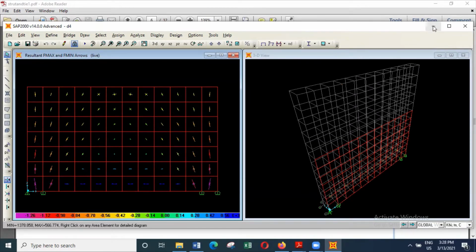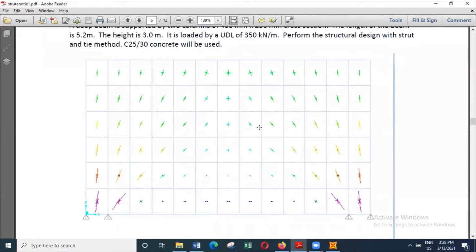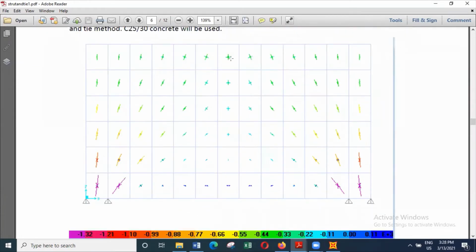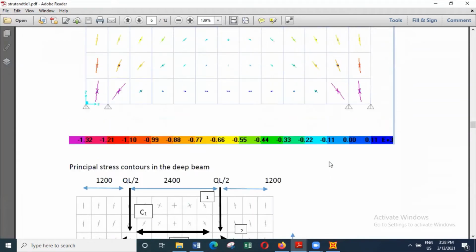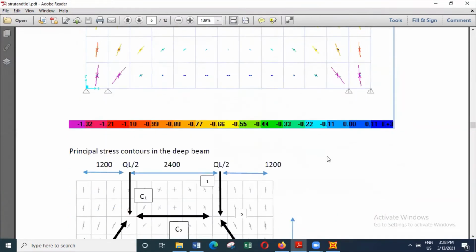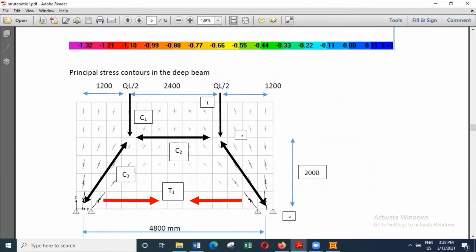So this gives an indication of how the load transfer will take place. If you look at this one, you can see clearly in this area the load transfer will be almost vertical but slightly inclined, and in these areas you can clearly see the inclination. So we say the load transfer that takes place will be given by a strut and tie model of this nature, and the UDL that acts here will act as a concentrated load, which will transfer the load